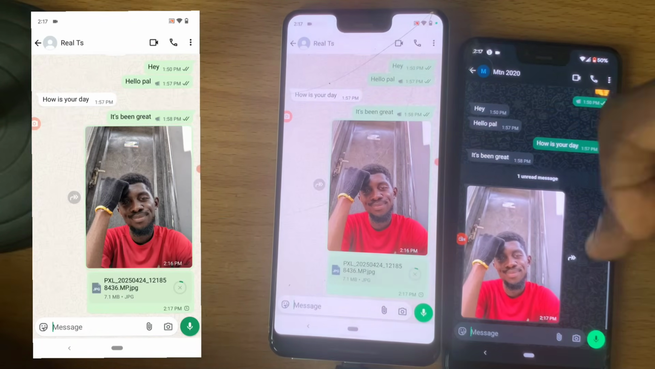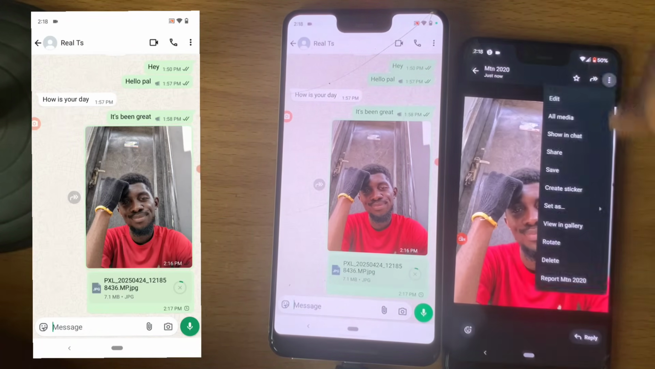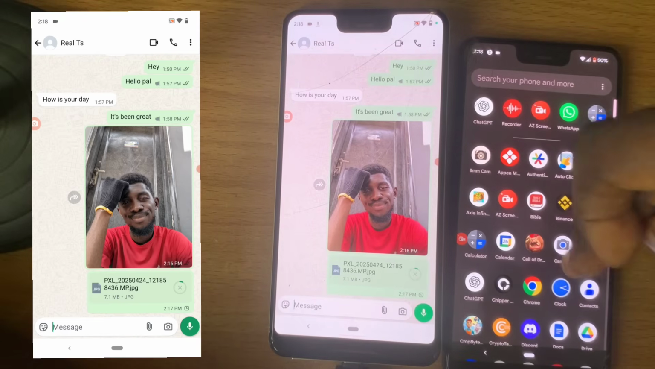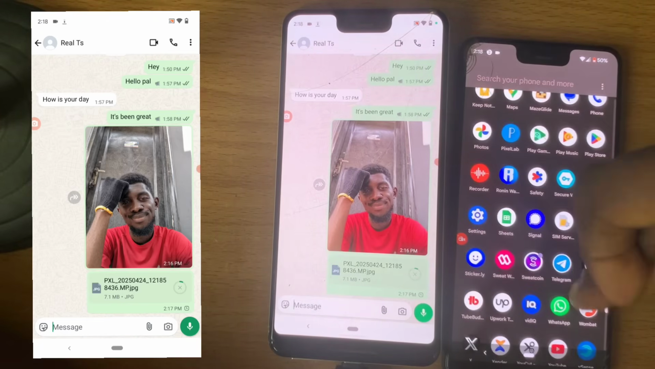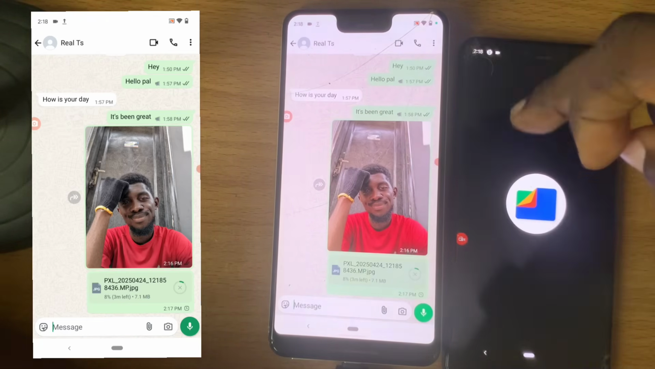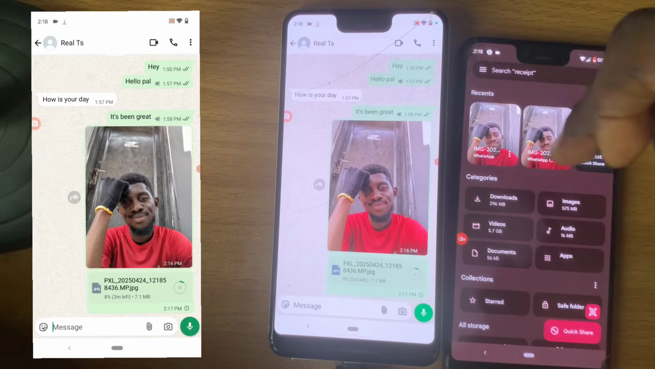So the image is going to be sent to this one, and then I'm going to save this one so that we actually do some comparison. So the image has been saved. If I go over to the file area of this phone, you go to the file and then you can see the image right there. So if I click on this